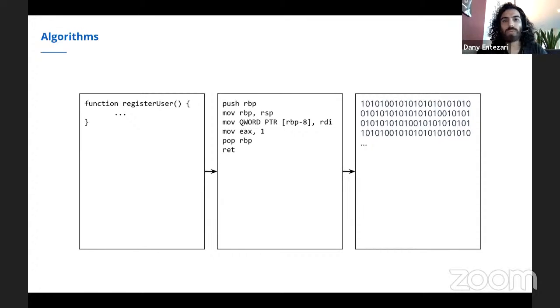So the way we talk to computers is we write a program with a programming language, and that will be processed. The particular steps in that program will be broken down into smaller steps, and then ultimately they will be turned into binary, which is something the computer can actually understand.